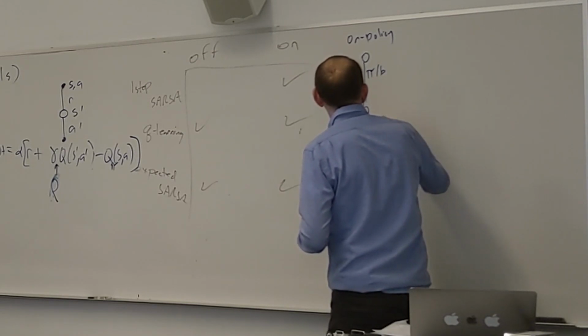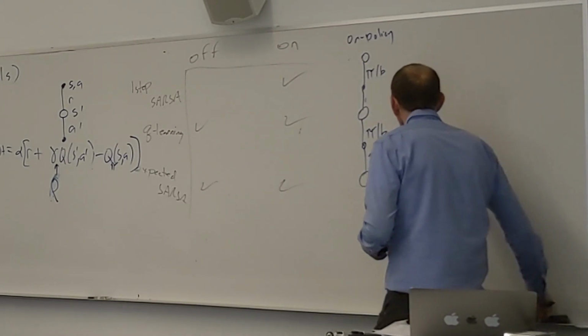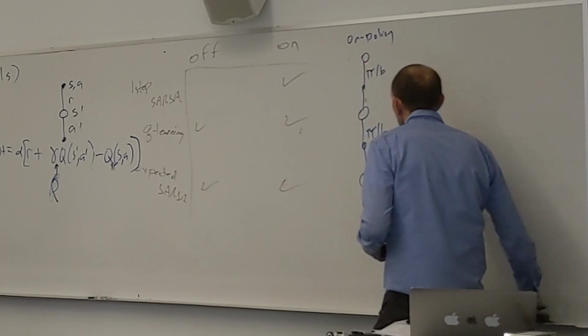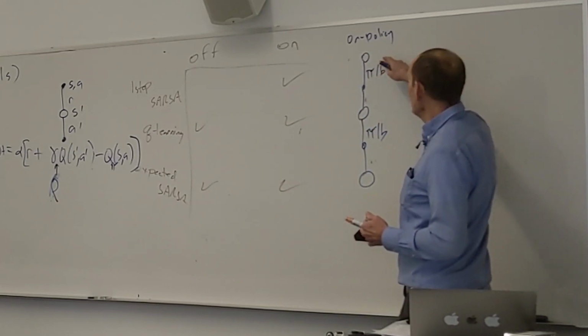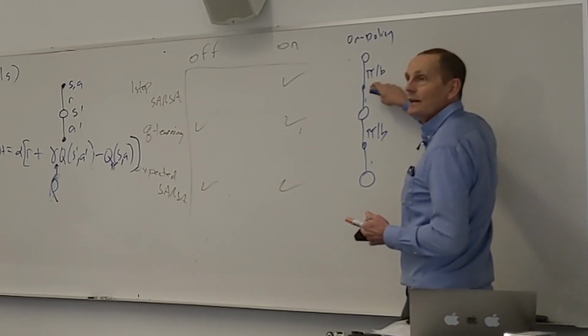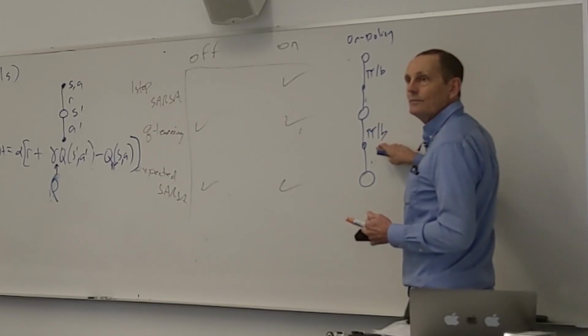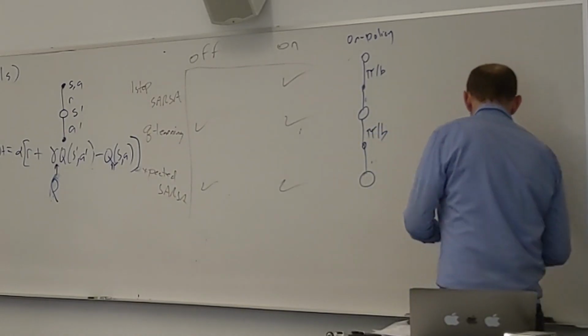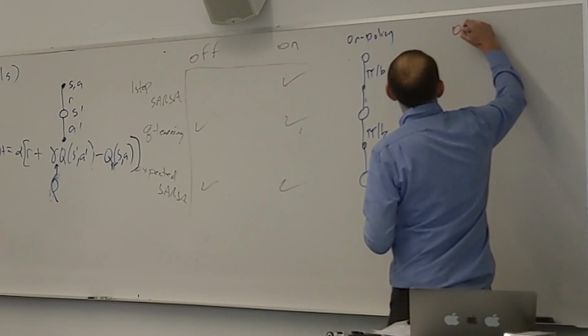And a pi slash b here, right? I want these pi slash b's between my states and my actions, right? So this is from this state choosing this action, from this state choosing this action. In the case of off policy,